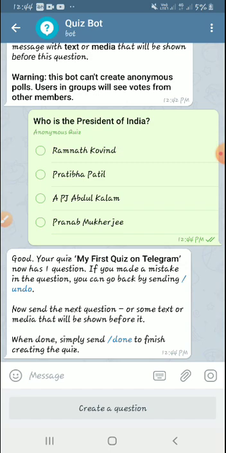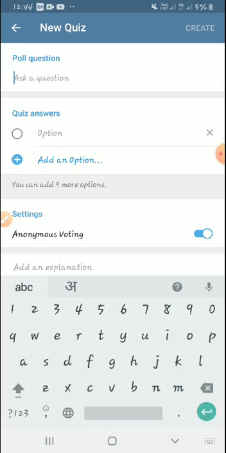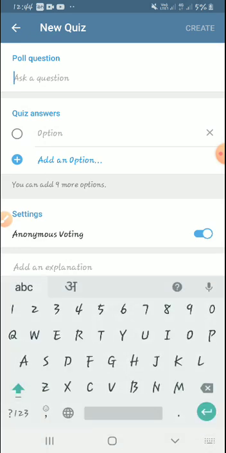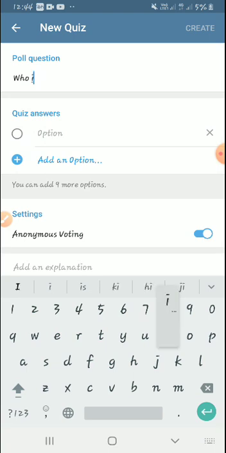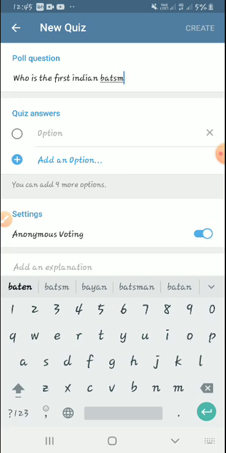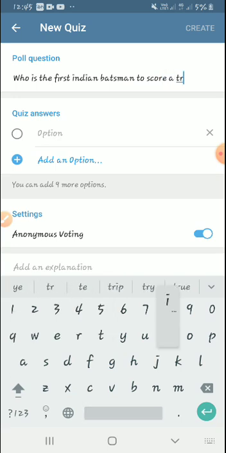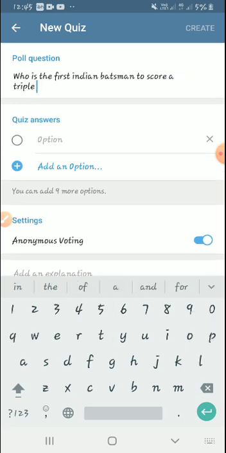Now I want to create one more question. Suppose I want to ask, who is the first Indian batsman to score a triple century in Test cricket?